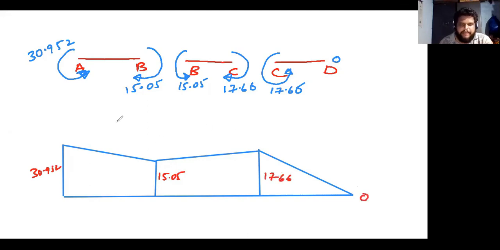Okay. Next, the span moments. What is the span moment if we are having eccentric loading? For eccentric loading, what is the formula? WAB by L. Okay, for eccentric loading, the formula is WAB by L.